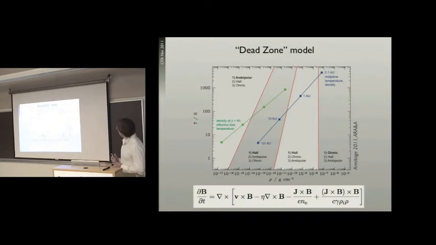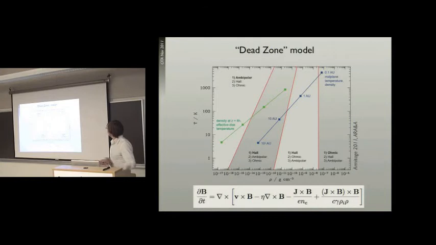And there's additional complexity, which we only partly come to terms with, which is that if we look at the induction equation, it's not just this resistive piece which is in principle important. We may also have the Hall effect and ambipolar diffusion being important in different regions of the disk. So here is the plane of density and temperature, and these blue and green curves give estimates of what the midplane temperature and density and the atmosphere temperature and density would be like for a sort of toy model of